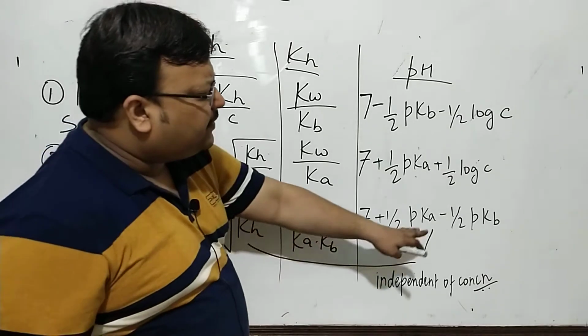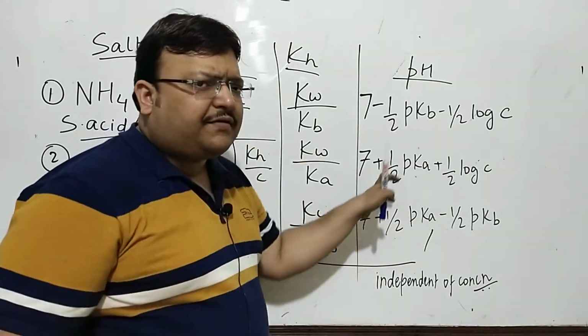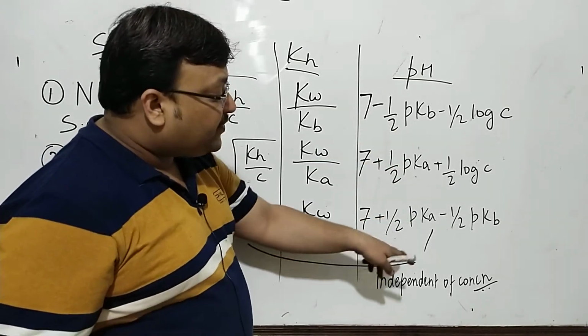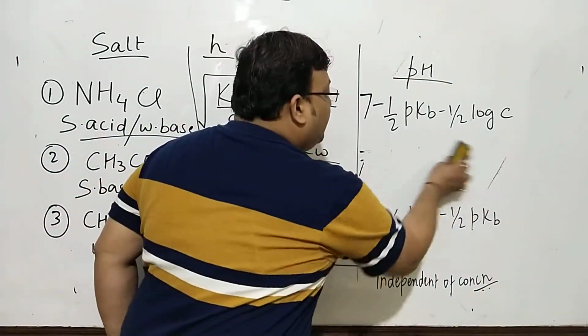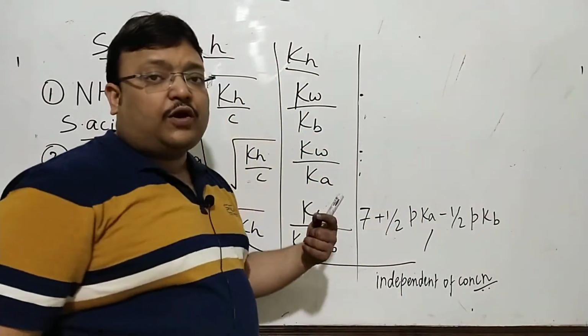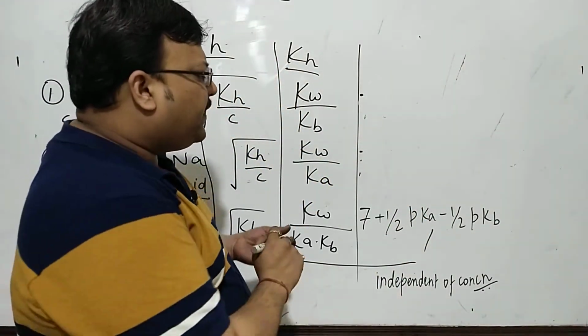you can also verify this formula. This is minus minus, this is plus plus, less than 7, minus this, less than 7, more than 7. This can be verified, because you do not know whether the pH will be more than 7 or less than 7. You know, before I go into the last case, this can be verified.